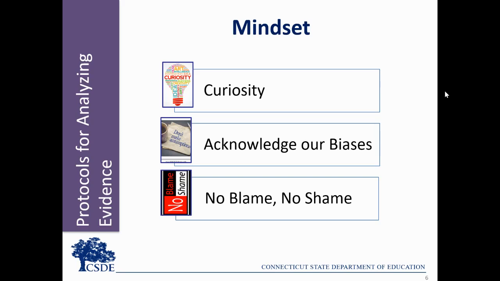The team needs to acknowledge our individual and community biases. We bring our perspectives and experiences. When engaging in the analysis, it's helpful for the team members to recognize their own biases, set aside assumptions, and then let the data and observable facts do the talking. Rather than assume, look for proof. The point of analysis is not to place blame or shame, but to understand the facts and the factors and change the course so all succeed. The team focuses on the information and insights that can be gained.